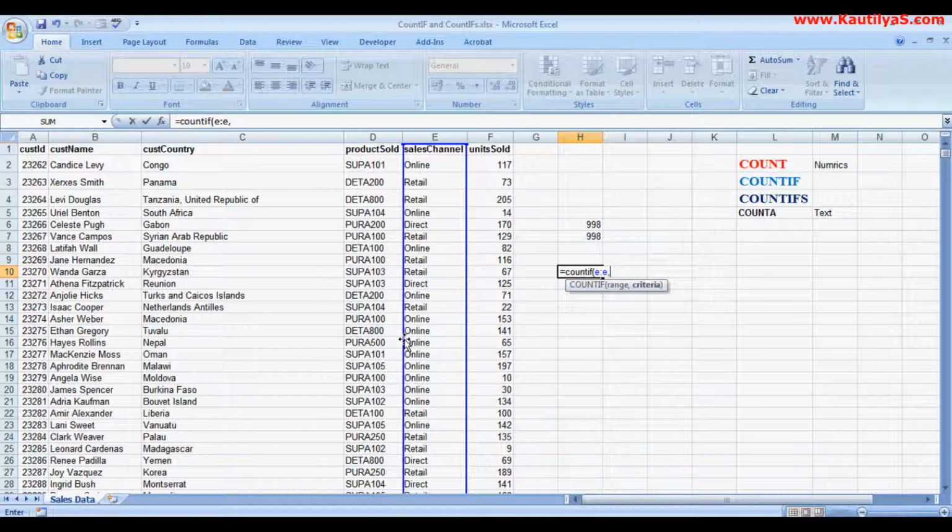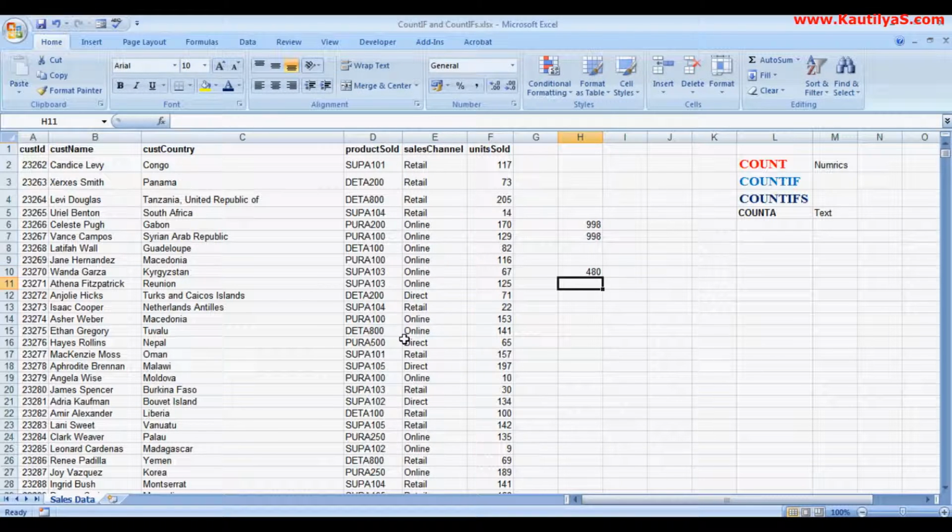For text format criteria we start with a double quote, in quotes write online, close the bracket. So 480 times sales were made using online.